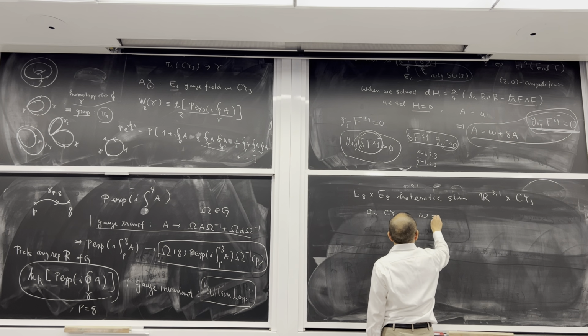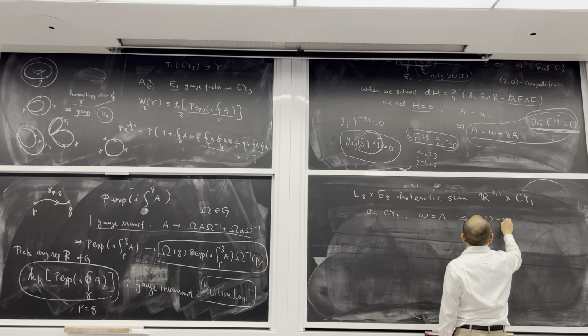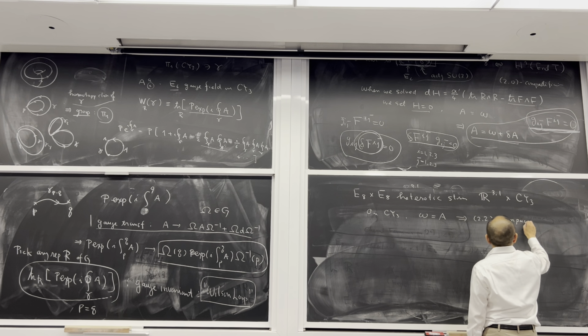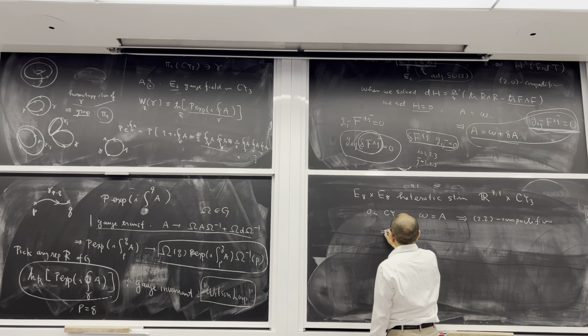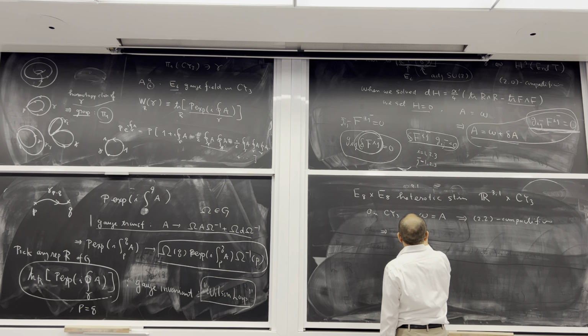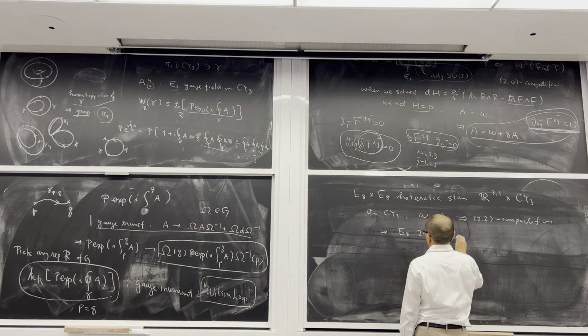One is omega is equal to A, which gives rise to N=1 compactification. And then from this compactification, the E8 248, I suppose, gets decomposed into